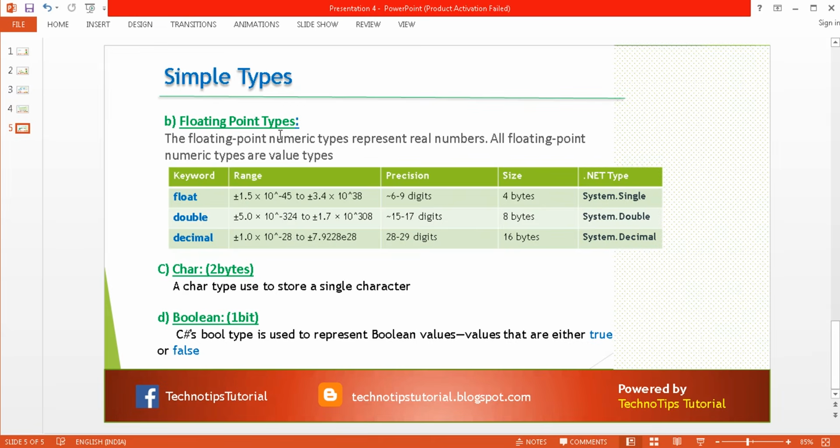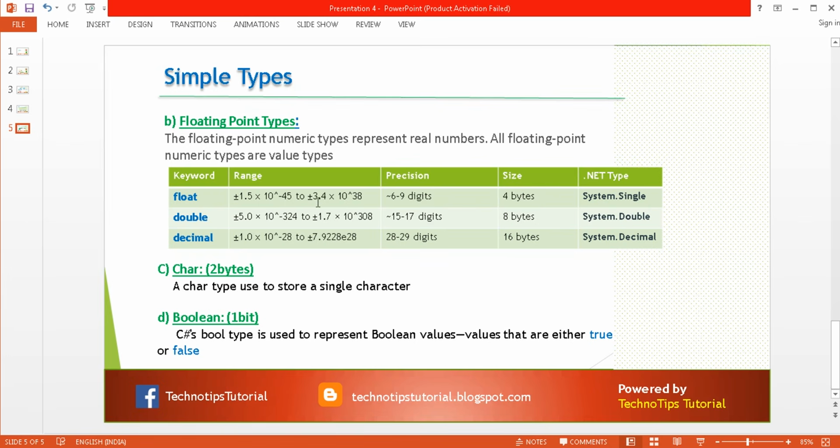Next we have the floating point types. The floating point numeric types represent real numbers. Real numbers means you can have decimal values also. So you can see we have 3 types available to store decimal values: float, double, and decimal, and each of them has some min to max range.